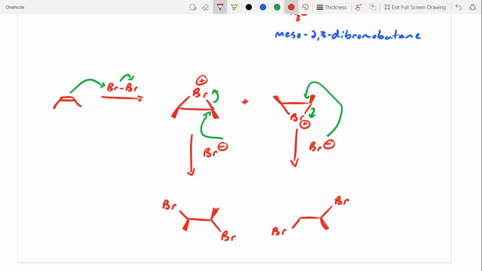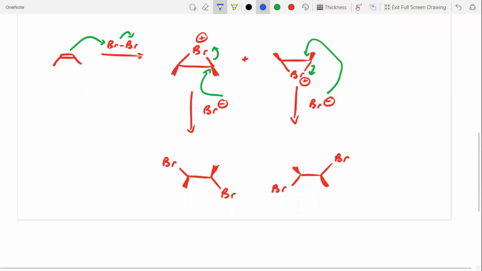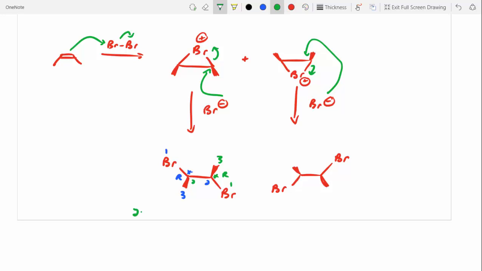And then we've also got a wedge and a wedge. So let's go through and try to name these. If we look at the first one on the left, bromine would be highest priority. This group would be second highest priority. This group would be third highest priority. So what's the designation for that stereocenter? It'd be R. Okay, and then if we look at this stereocenter over here, bromine would be 1, 2, and then 3. So what would the stereocenter be? R. Okay, so if we try to name this, we could name this 2R, 3R,